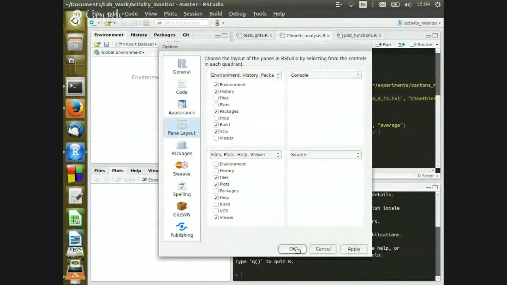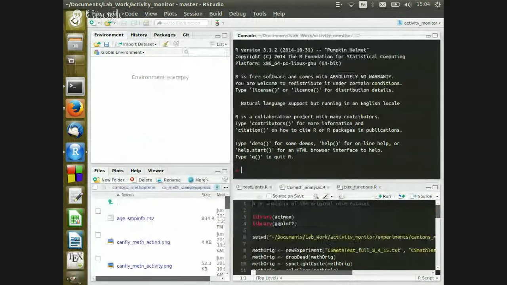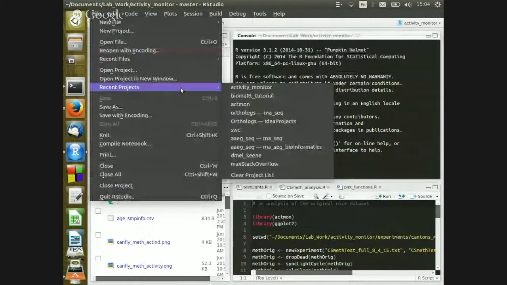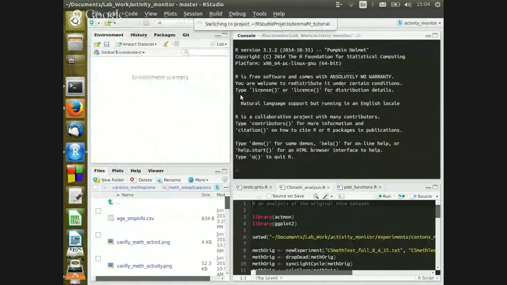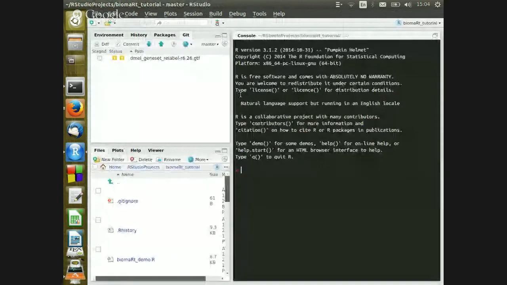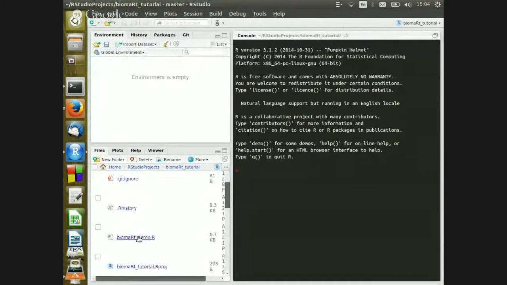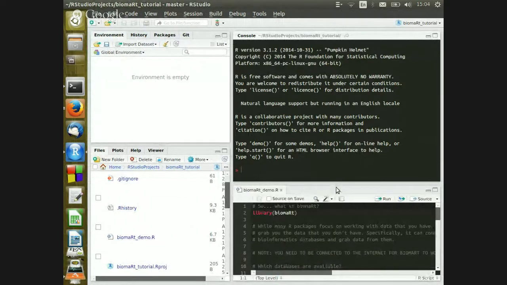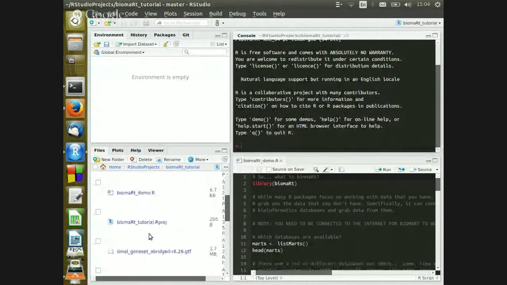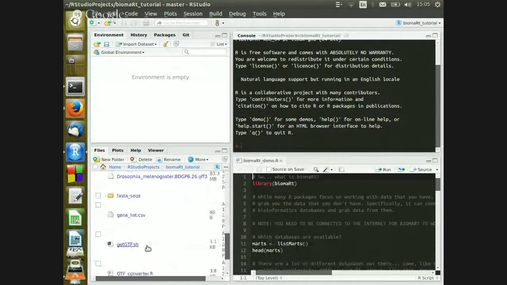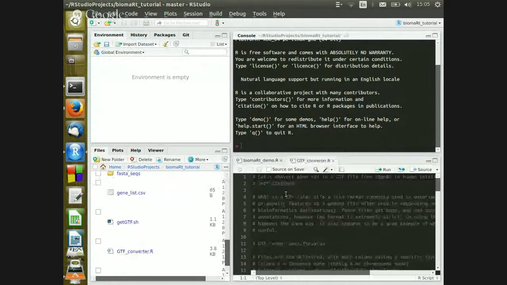Source and console, okay. Now we are going to open recent projects, biomaRt tutorial. Okay, are we all ready? Excellent. And do you mind if someone should probably check the Etherpad while we do this, just in case